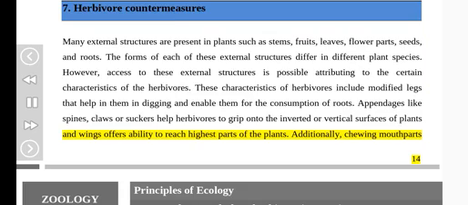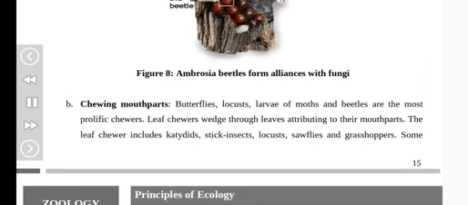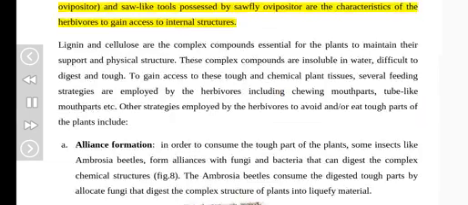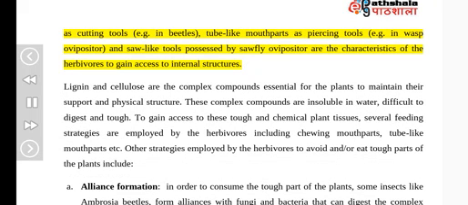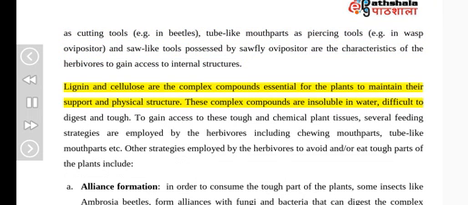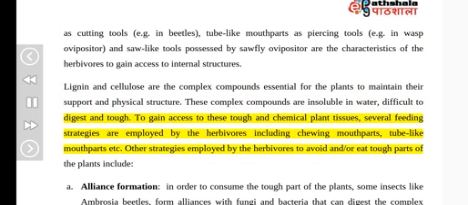Additionally, chewing mouthparts as cutting tools, e.g. in beetles, tube-like mouthparts as piercing tools, e.g. in wasp ovipositor, and saw-like tools possessed by sawfly ovipositor are the characteristics of the herbivores to gain access to internal structures. Lignin and cellulose are the complex compounds essential for the plants to maintain their support and physical structure. These complex compounds are insoluble in water, difficult to digest and tough. To gain access to these tough and chemical plant tissues, several feeding strategies are employed by the herbivores, including chewing mouthparts, tube-like mouthparts, etc. Other strategies employed by the herbivores to avoid and/or eat tough parts of the plants include